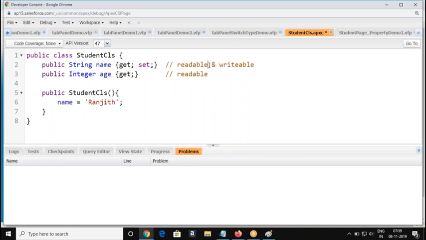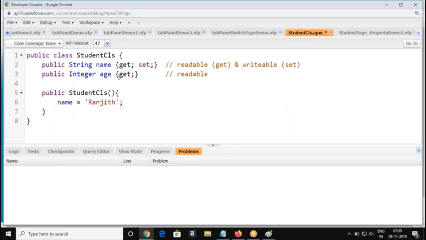When we use the keyword get, I can get some value from the Apex to VF. When you use the keyword set, it means I can also assign some value, right? The value can be assigned within the class or from the Visualforce page. The variable is a writable variable when you declare a set.